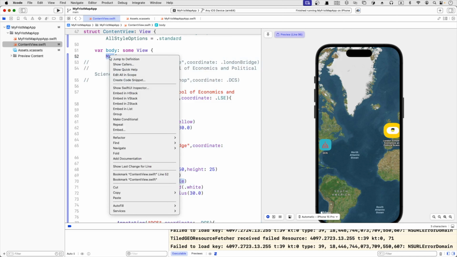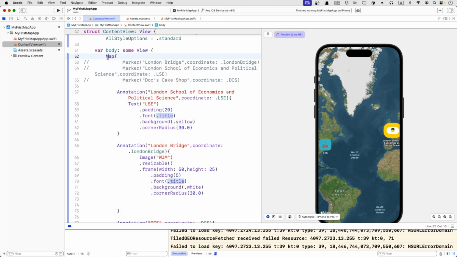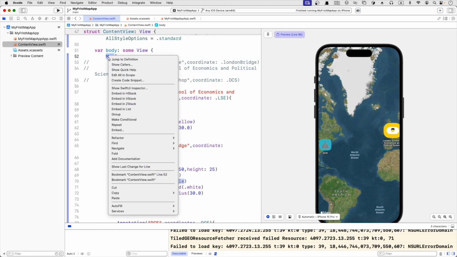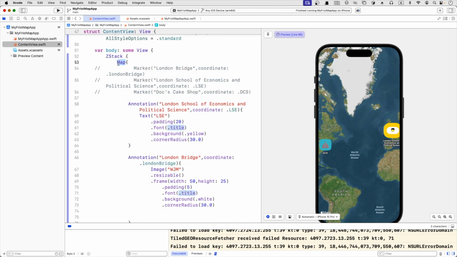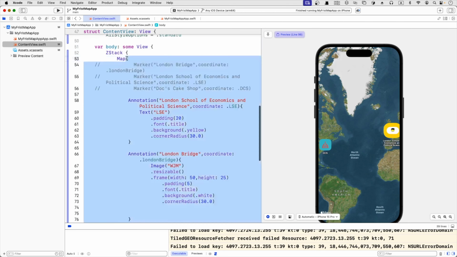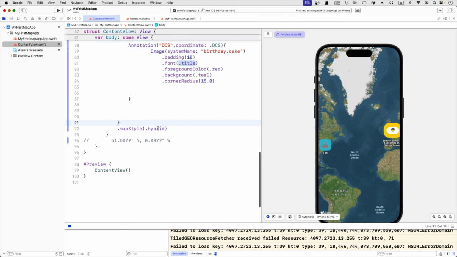In case you don't know, the shortcut is holding control, click it, and embed it in Z stack. So I already embedded the map in the Z stack, and just double click here,